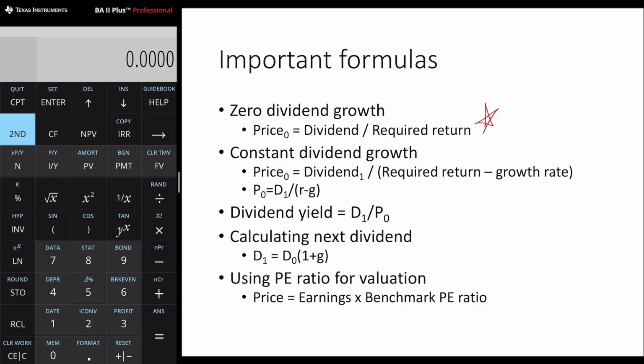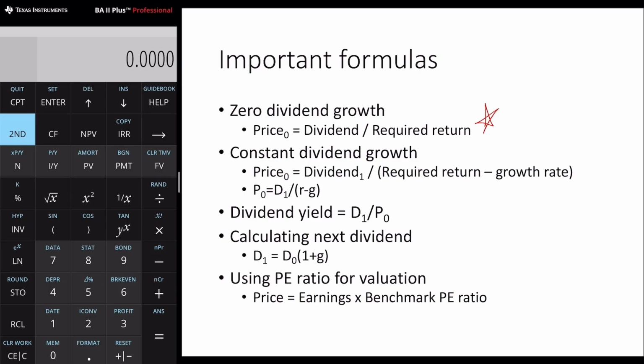So the perpetuity formula is relatively simple. It says that price today is equal to the cash flow that occurs every year divided by the required return for the year. That's relatively simple, right? We've seen that before. All we're doing now is applying that concept to stock valuation, stocks in particular. Okay, that's where we're going to start, and that's the simplest case, but we need to make it a little